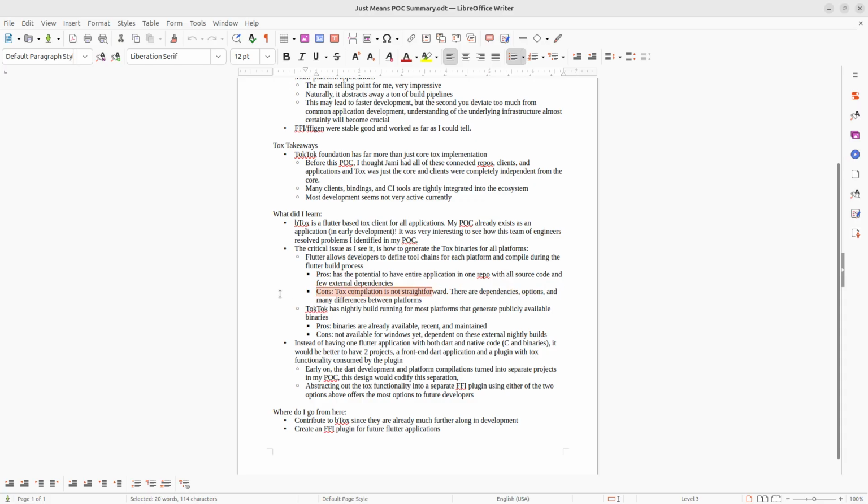But it requires some understanding, and to a certain degree it requires more understanding than I have about the C compilation process on different platforms, right? Compiling on Linux was straightforward because I knew I could just get GCC, make sure I have the dependencies, and download it. But the second I started trying to do it on Android with the NDK, and then looking at the procedure for Windows or on Mac and iOS,